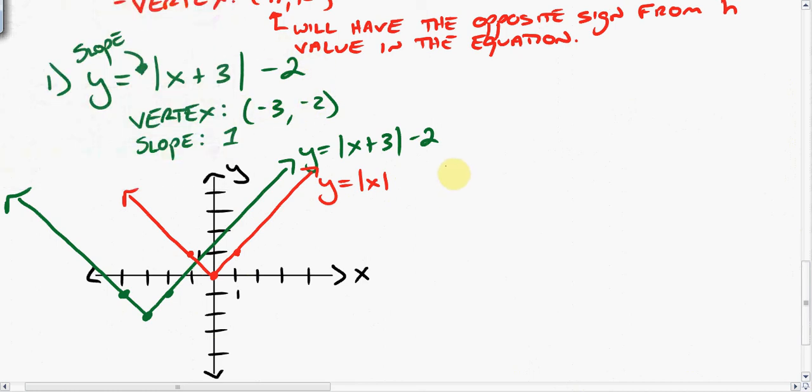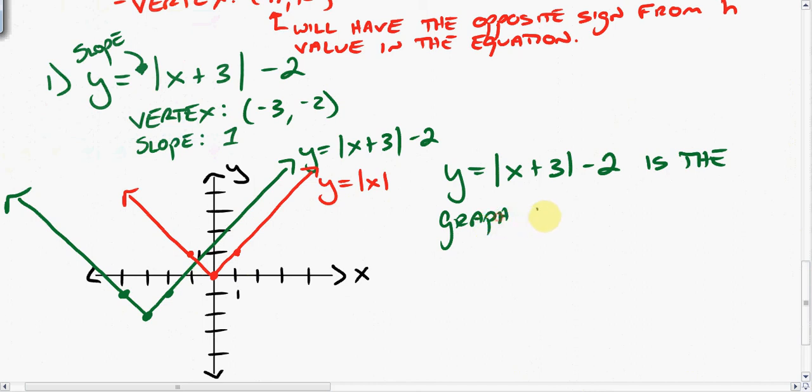I can see y equals the absolute value of x plus 3 minus 2 is the graph of y equals the absolute value of x. It's just translated. It's been moved. So it's the same thing as that graph, but it's translated